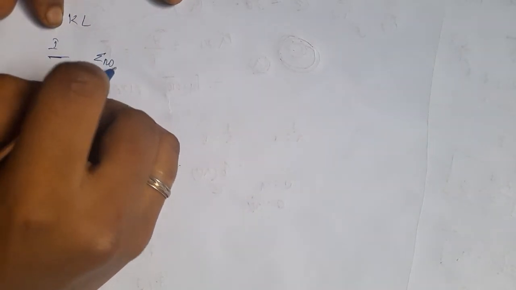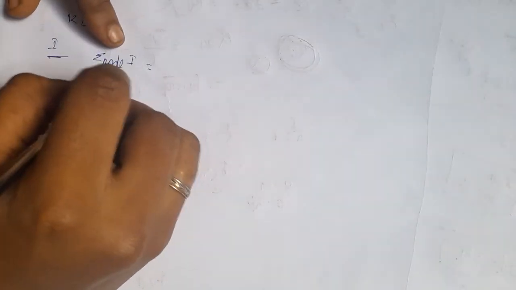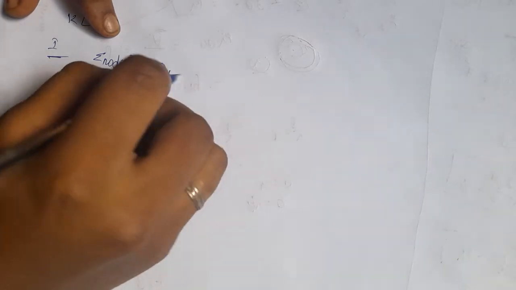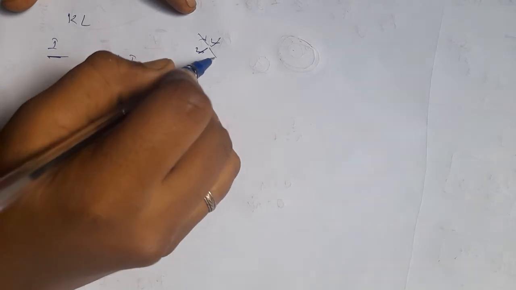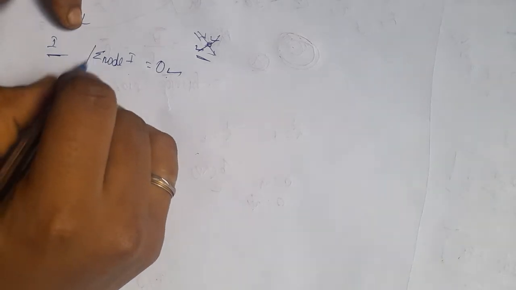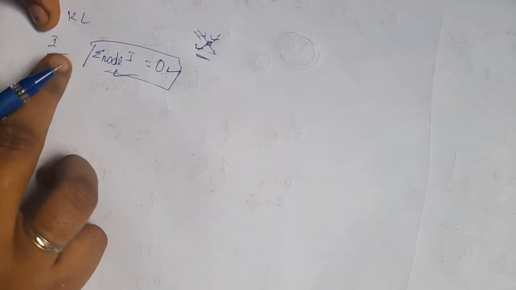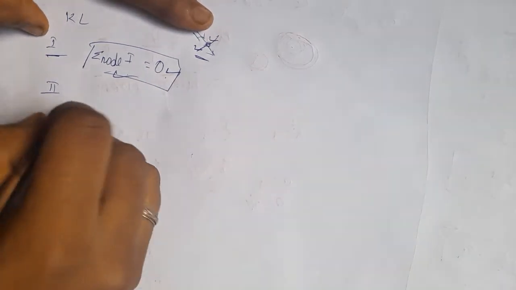Next we will see about Kirchhoff laws. There are two rules. The first rule is the junction rule. It means that for a particular node, when you add all the currents entering and leaving, the total is going to be 0. So if 2 enter, then 2 will exit the node. The total current at the particular node is going to be 0. This is Kirchhoff's first law, otherwise known as the junction law, and Kirchhoff's second law is the loop law.